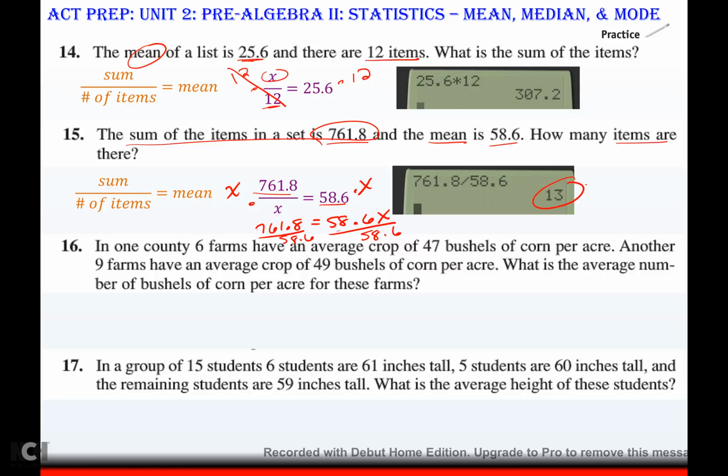16. In one county, 6 farms have an average crop of 47 bushels of corn per acre. Another 9 farms have an average crop of 49 bushels of corn per acre. What is the average number of bushels of corn per acre for these farms? Now, a lot of people just think that they need to add these two up and divide by 2 to get the average of the two. No, you're taking an average of the average. So what you have to do is you have to get the total